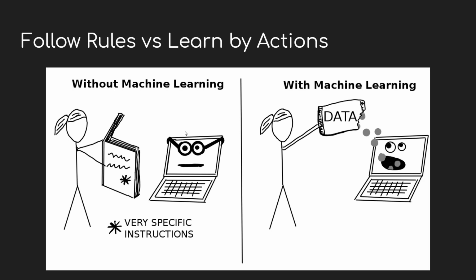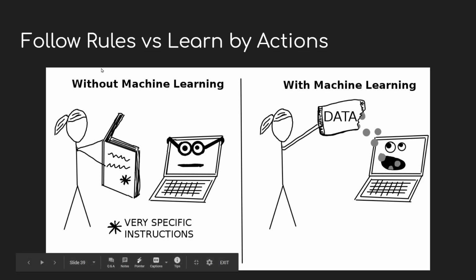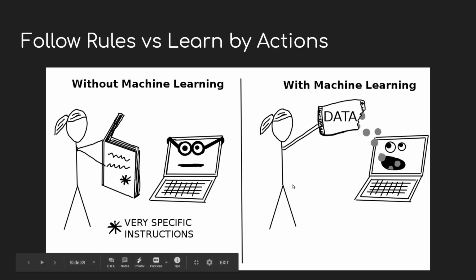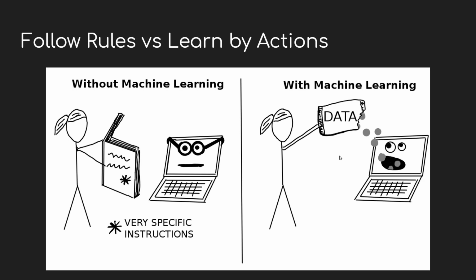So if you go by the instruction book of the RTO and follow the rules, it is without machine learning. What actually happens in machine learning is, you feed it the data, in the sense there is no rule book given for you. Everybody is driving on their own on the road. How will you figure out the best way of driving? You take your bike and just randomly ride on the road. For example, on the right side of the road. If you ride on the right side, somebody will come and hit you. That's the indication that you are doing it in the wrong way.